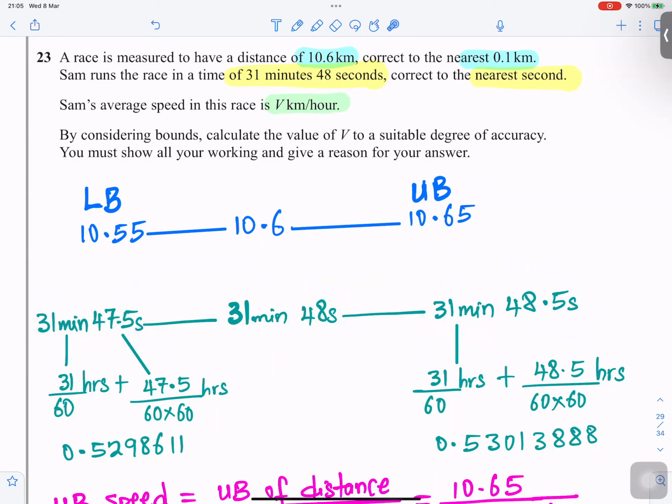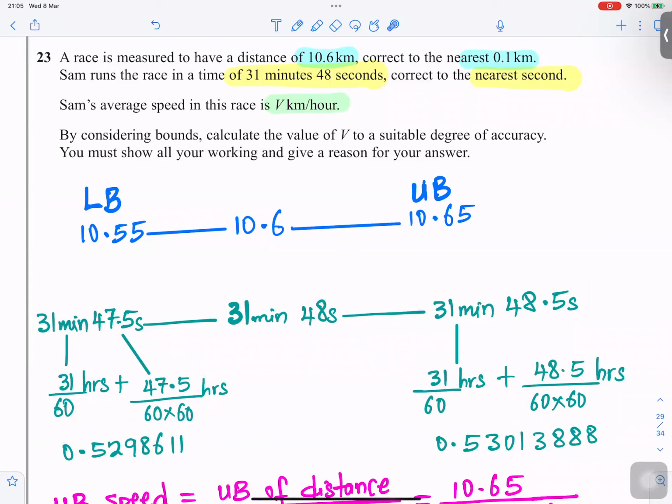Now we want to change everything to hours. 31 minutes to hours, we divide by 60. 31 minutes divided by 60, that will give you hours. 47.5 seconds to hours, you divide by 60 times 60. So 47.5 divided by 60 times 60, change it to hours. 31 minutes to change it to hours, you divide by 60. 48.5 seconds to hours, you divide by 60 times 60. So when you do that and add those two together, you get